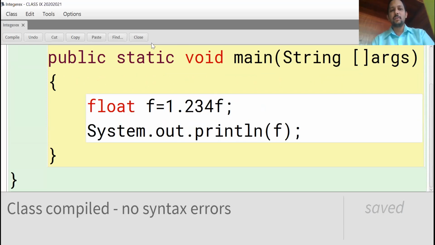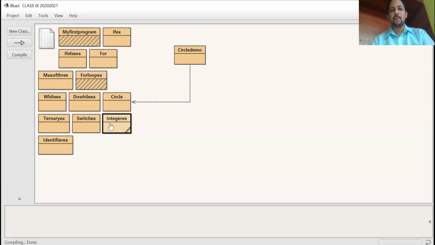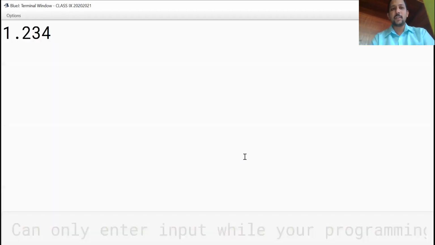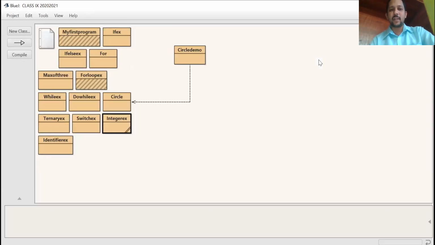That is your output. So this is the difference between floating point literal and integer literal. Integer means without decimal point. Floating point literal means with decimal points. So in the next class, I will continue with the difference between character literal and string literal. Thank you.